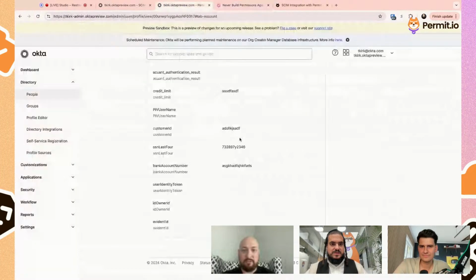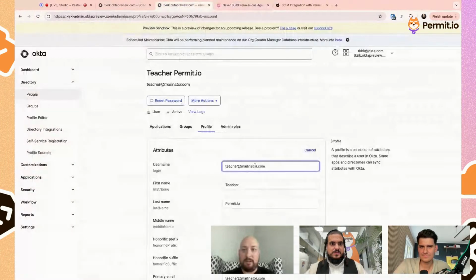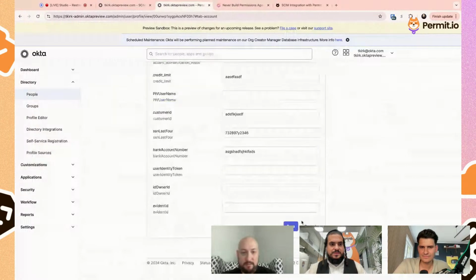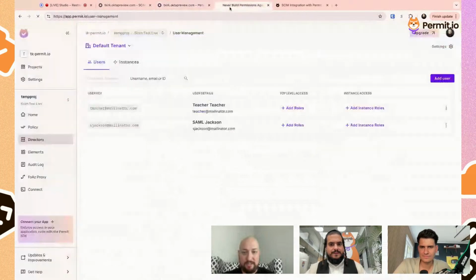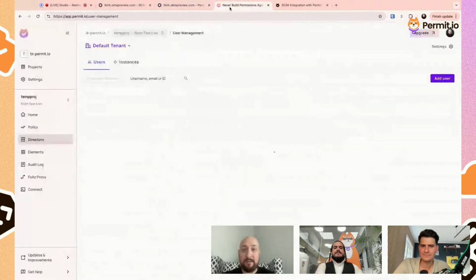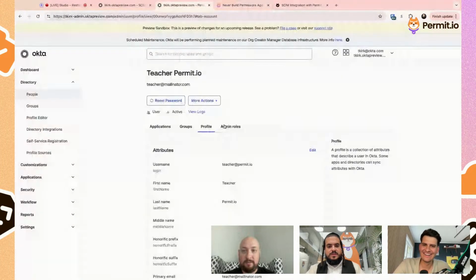Let's actually change first name, I may not have mapped the first name. Let's do something that I know is mapped, which is the login. Oh, the beauty of a live example. So all these updates will flow down through, but let's go on to group synchronization, which is the next level